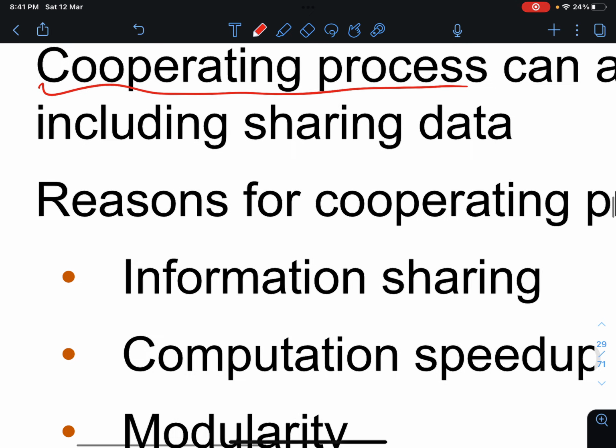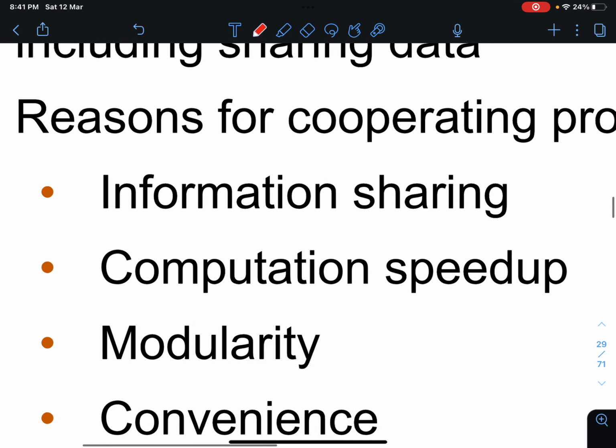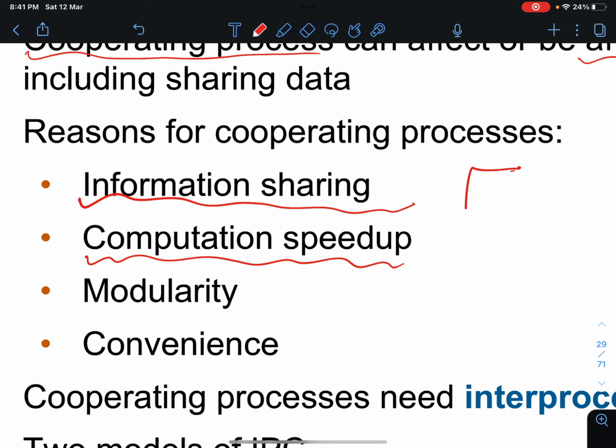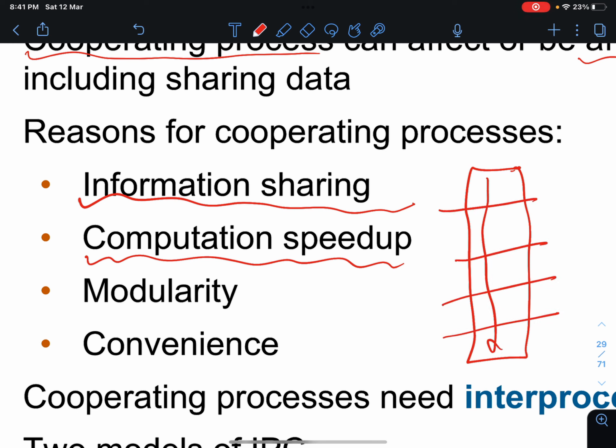Reasons for cooperation, of course, are information sharing, so you don't need to reinvent the wheel. Computation speedup, of course. Instead of having a big sequential program, you can divide it into pieces, and those pieces can work concurrently or in parallel. Modularity,